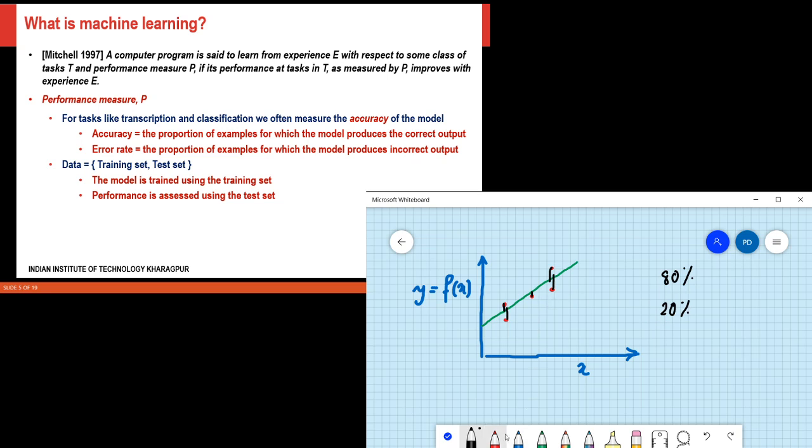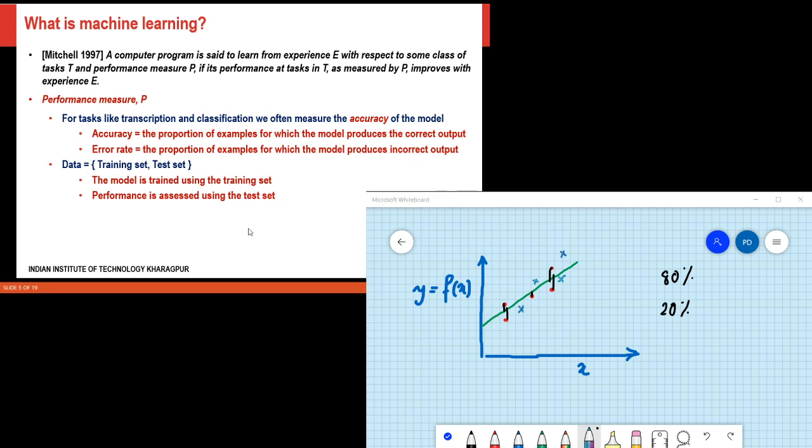So maybe after I have learned this function, then I look at the other data points, maybe the data points which are in the test set. So maybe some of these data are there, right? And then I evaluate the performance on those data, right?